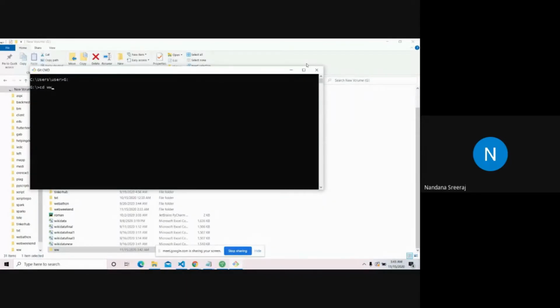cd www. So we are inside this folder. And I just copied this URL from GitHub. This is my repo. To clone this into my local system, I do git clone with this URL. Cloning means creating a local copy. Where did I get this URL?